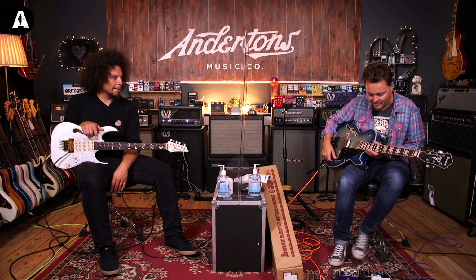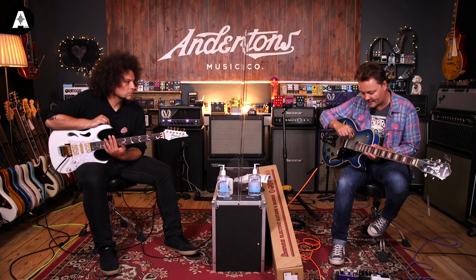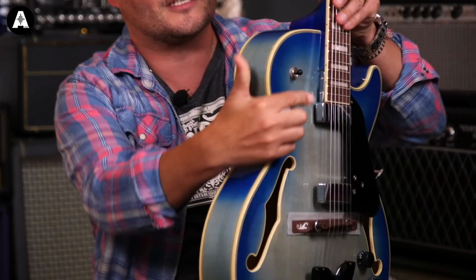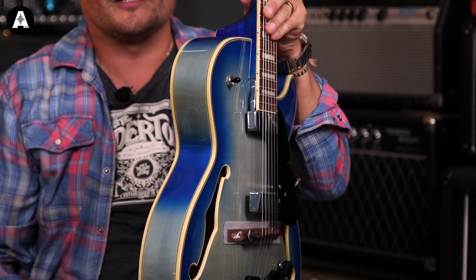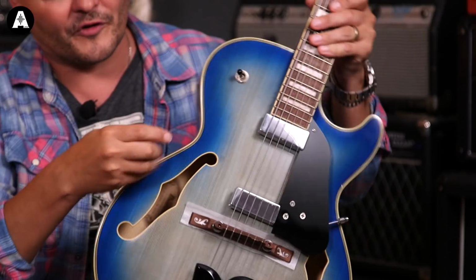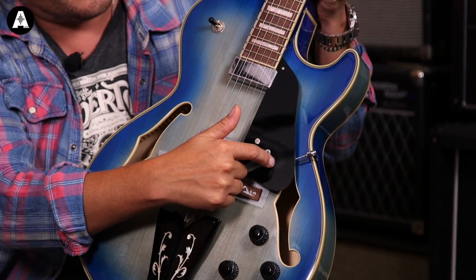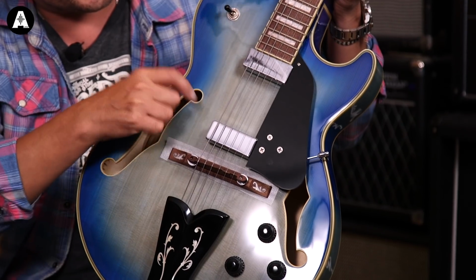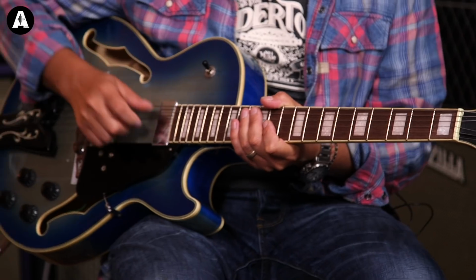Just to take you through some quick tones on it. I like these floating humbuckers on here. The front one, the neck, I don't know if you can see it, but the humbucker is drilled into the neck. So both of them are floating. This one is set onto the scratch plate, so it's not touching the body, which is kind of a unique feel. So if you're on the neck pickup there,